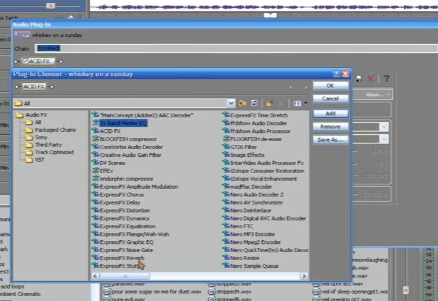Reverb is echo. Great reverb is why bathroom singing sounds so damn good to you, because the walls are close together and the tiles and everything. It allows that sound to bounce around a lot, and it creates a lot of depth and